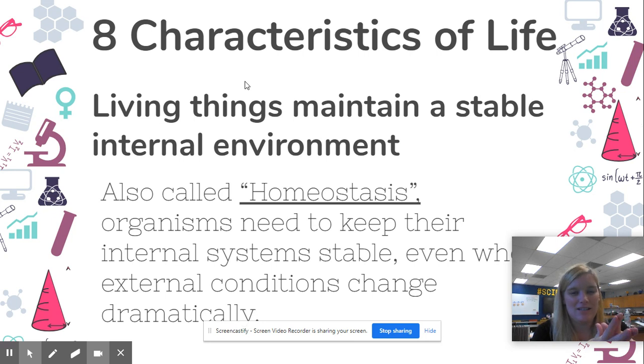So this is kind of a complicated topic, but homeostasis, if you think about it, when you feel cold, your body shivers because it tries to produce heat to keep your body being able to function. If you have a fever, your body sweats to try to get rid of all of those bad toxins in your system. If you are thirsty, you drink. If you are bleeding, your heart is pumping blood and your blood cells are trying to fix it. There are all these different ways where if something goes wrong, it's not catastrophic. Your body has these systems to help kind of keep it in check and keep it moving and going.